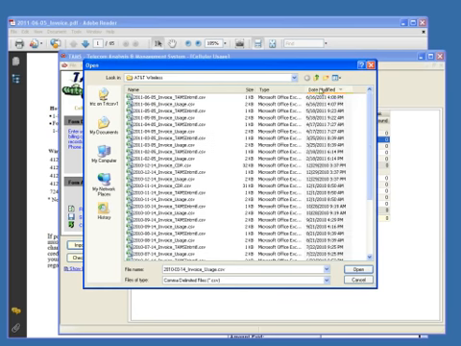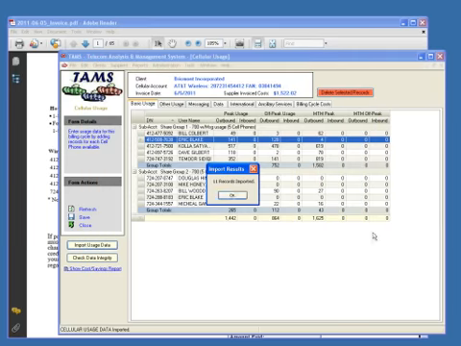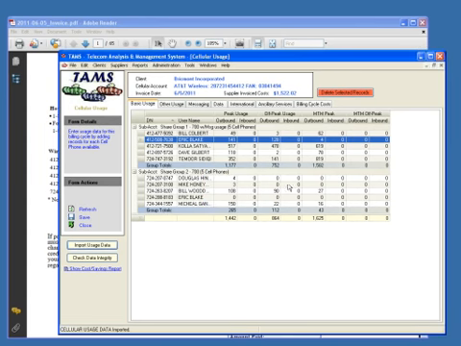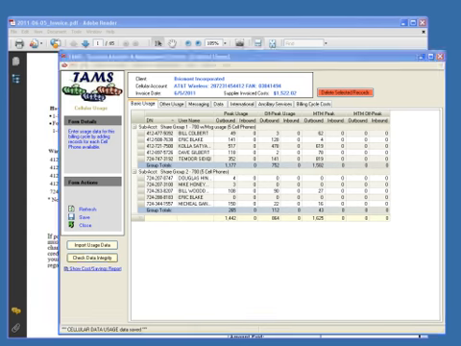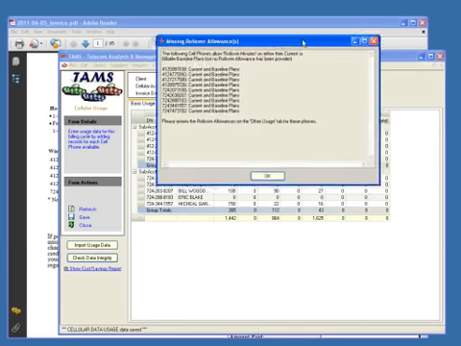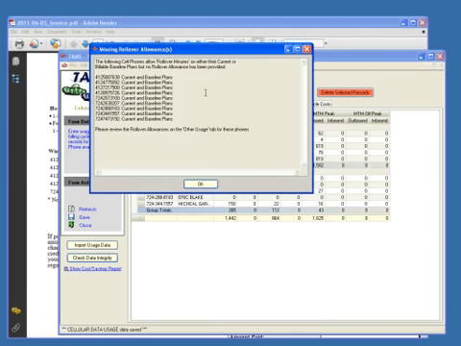So we're going to look for the correct billing cycle and select the invoice. And now we see that all of the usage was imported and we received no warning messages. Once the usage is imported, it's a good idea to save that usage and to click this button that says Check Data Integrity. This will indicate whether or not there are any problems with the baseline or current plans,